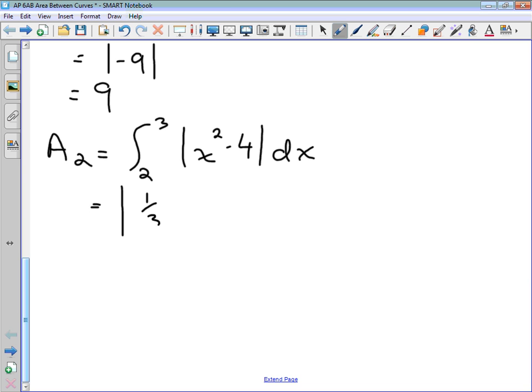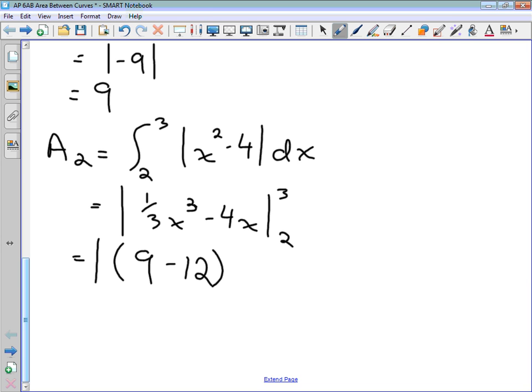We do our antiderivative, 1/3 x cubed minus 4x. We evaluate this from 2 to 3. So we're going to have the absolute value of our antiderivative evaluated at 3 minus our antiderivative evaluated at 2. That's going to be 27 divided by 3, so just 9, minus 4 times 3, which is 12, evaluated at 3, minus our antiderivative evaluated at 2,